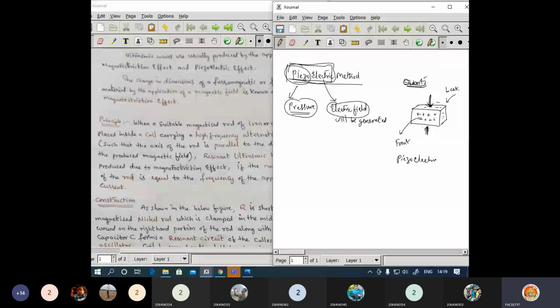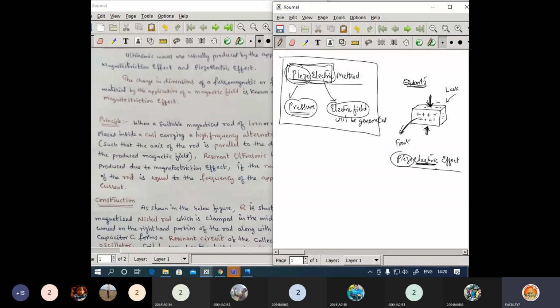Piezoelectric effect. Okay, now how can you define the piezoelectric effect? We are not starting the piezoelectric method here. First of all, we are defining what is the meaning of piezoelectric effect. The meaning of the piezoelectric effect is that by applying pressure on the opposite faces, we are going to experience a current or a potential difference on the opposite faces perpendicular to this direction. So what is the meaning here? By means of pressure, we are going to get the electric field. That particular effect we consider as the piezoelectric effect.